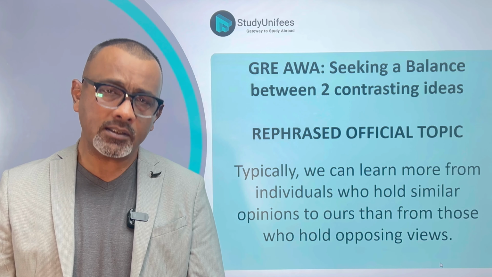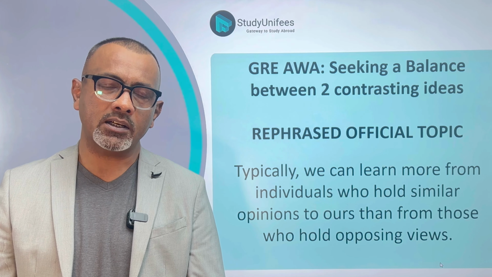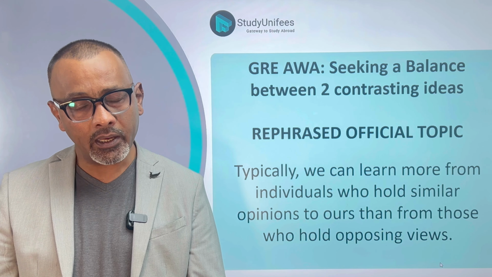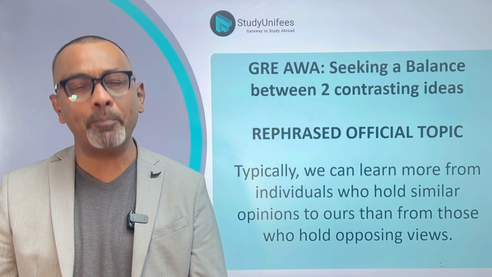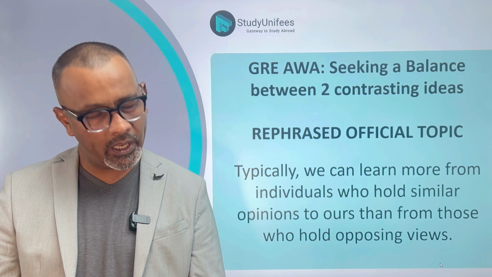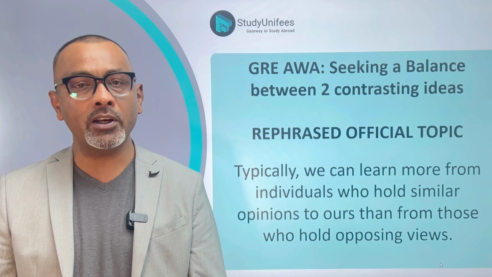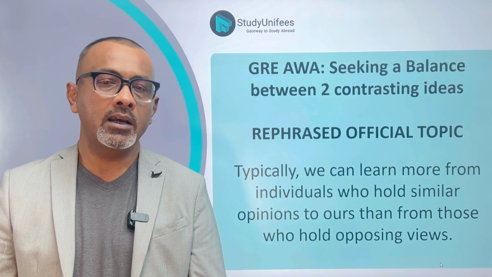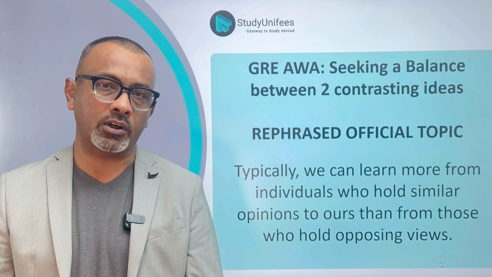This is a topic that contrasts two things against each other. In short, it says we can learn more from X than Y. Whenever you get a topic like this, the most analytical perspective to take would be to say that you can learn equally from both. This is basically seeking a balance between two things that have been contrasted against each other. Well, the position is that we can learn equally from both. But the important question is, how do we structure such an essay? Structuring such an essay is a simple matter of maintaining the balance that you sought in your position throughout the